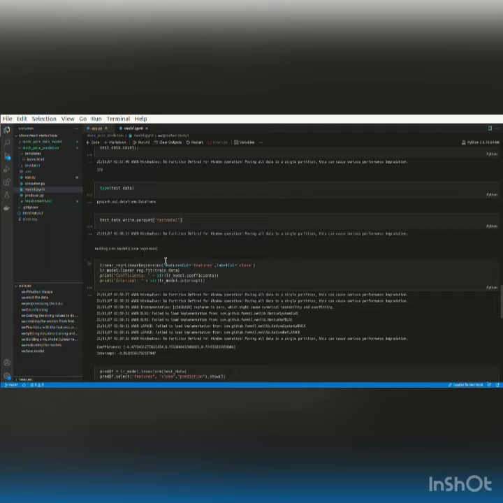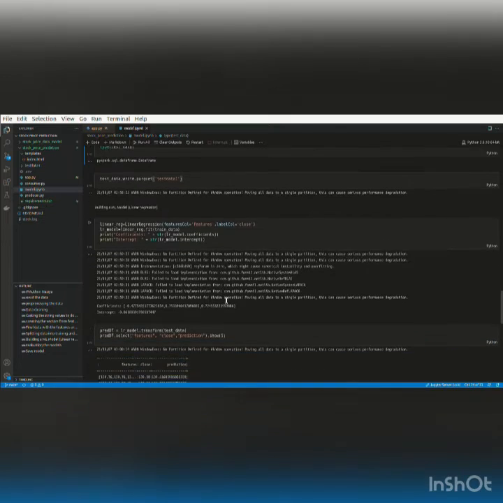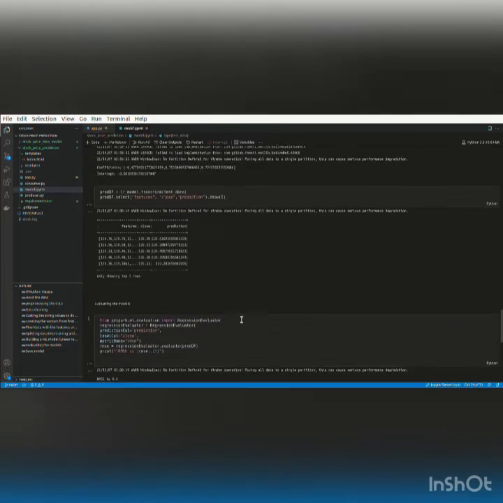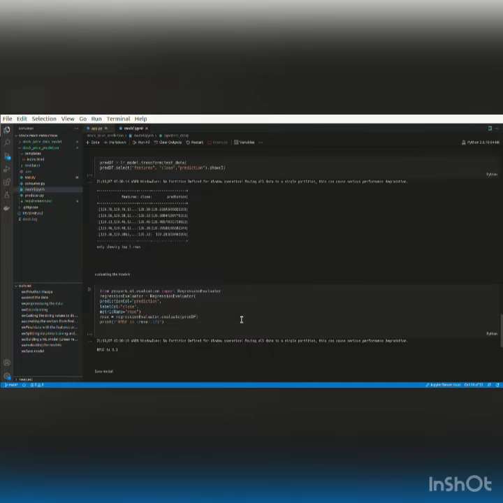Then we'll be building a linear regression model. As I have shown, we'll be passing the parameters like the feature column as features and the label column as close. After that, we will fit the data, and then you can see we can print out the coefficients and these are intercepts. And then the next part is the prediction. So we'll be selecting certain columns. As you can see, we have features, close, and prediction.